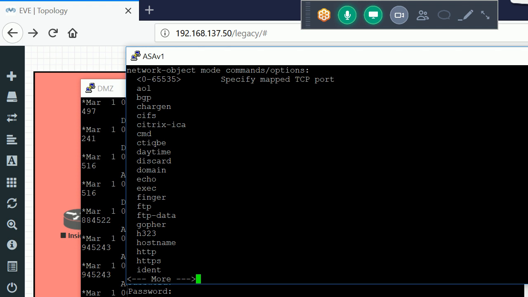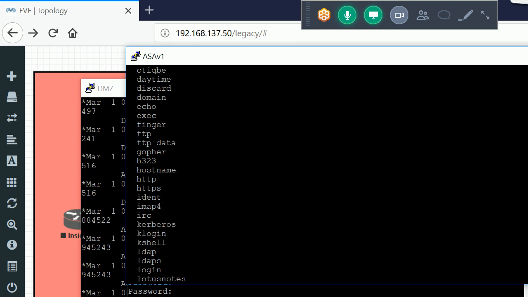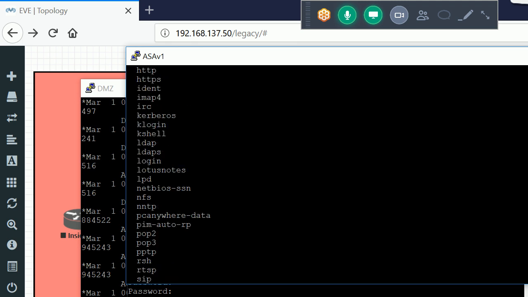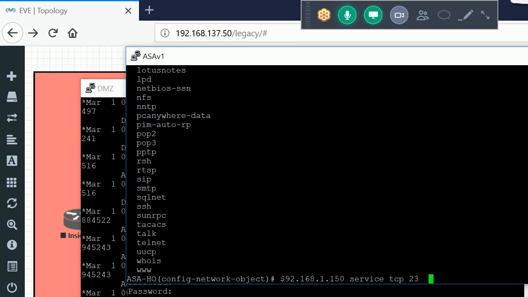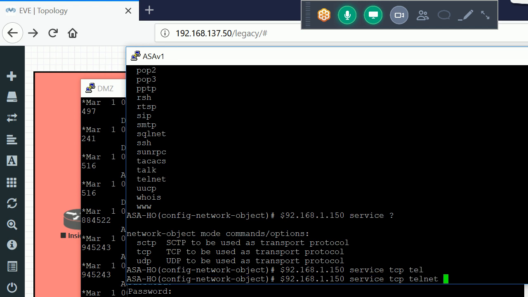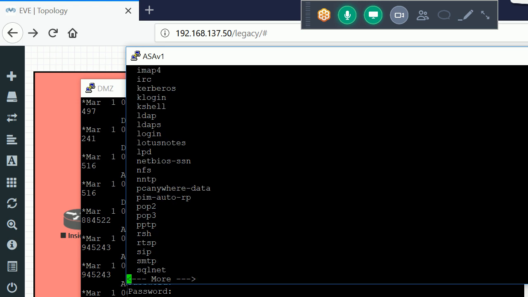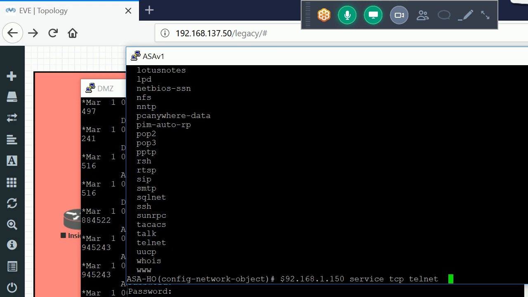Okay, what am I missing? Service TCP. Let me see what we have: we have SCTP, TCP, and UDP. So I'll enter TCP. After that, I'll enter telnet again.